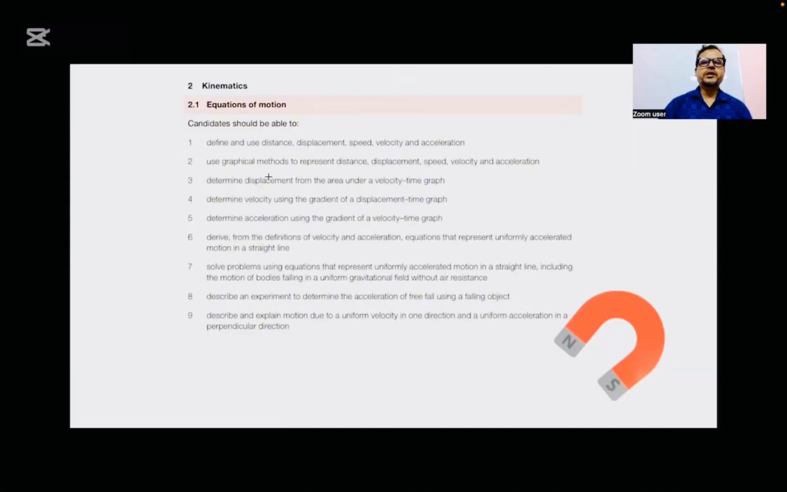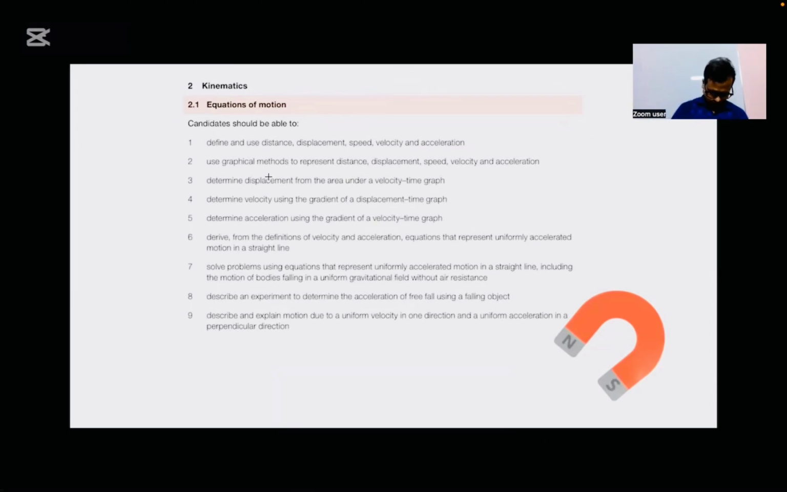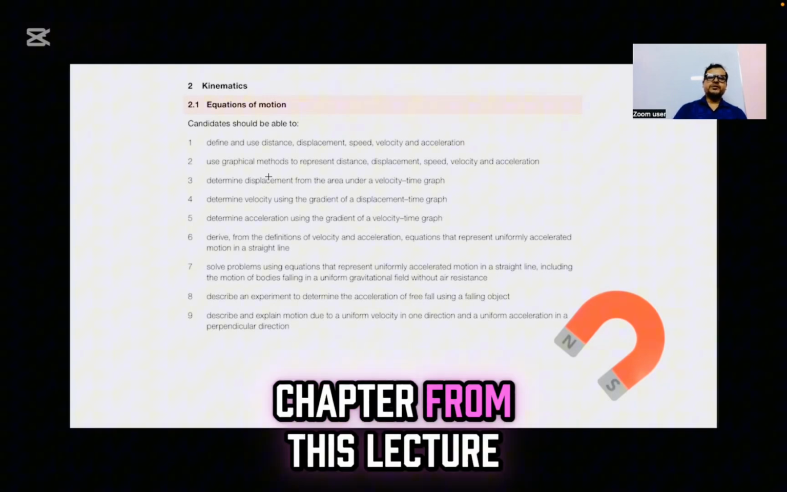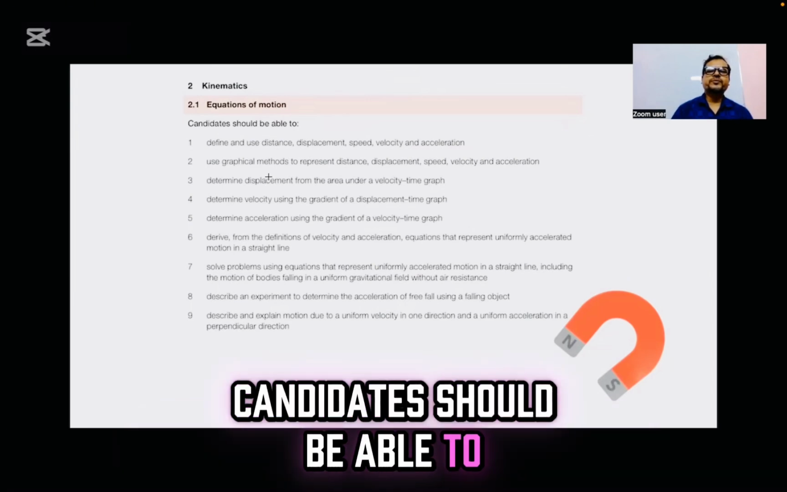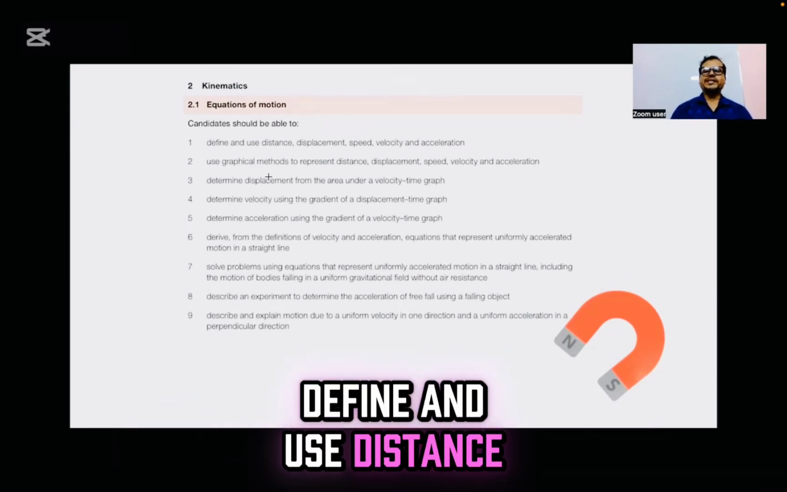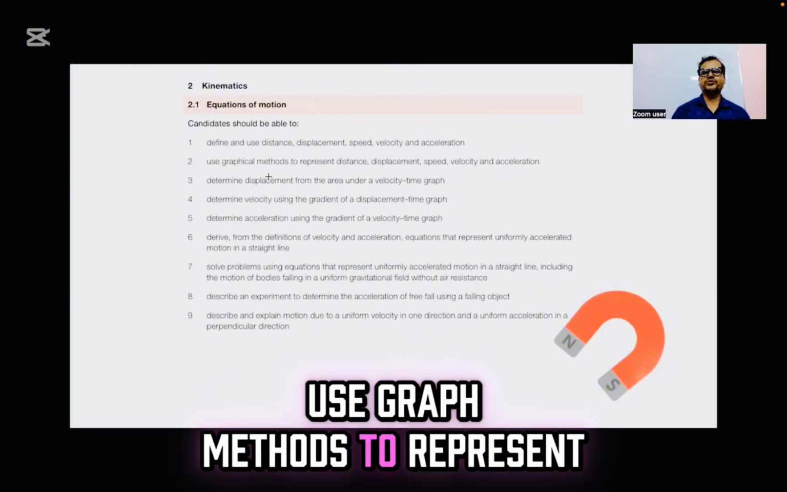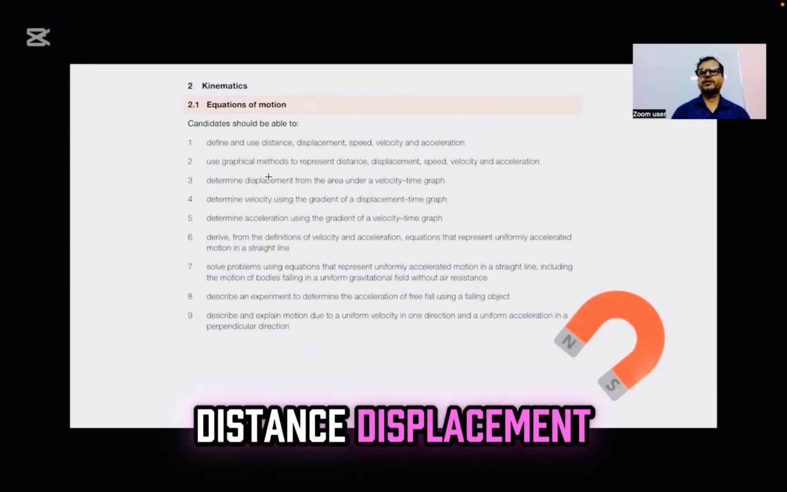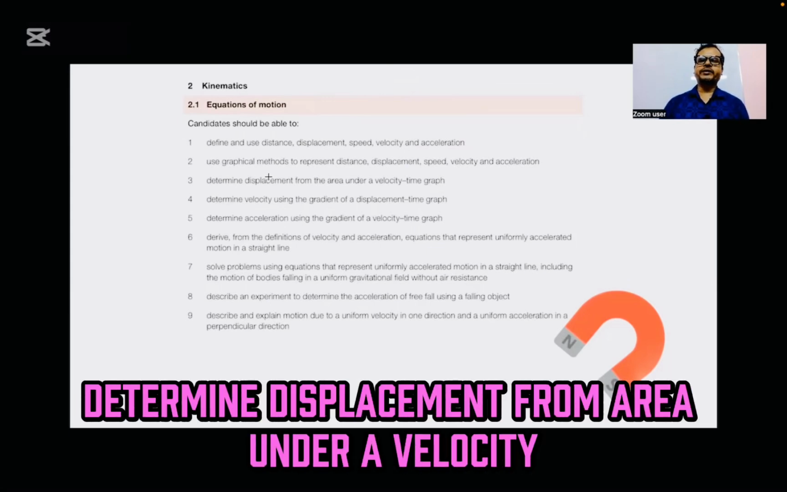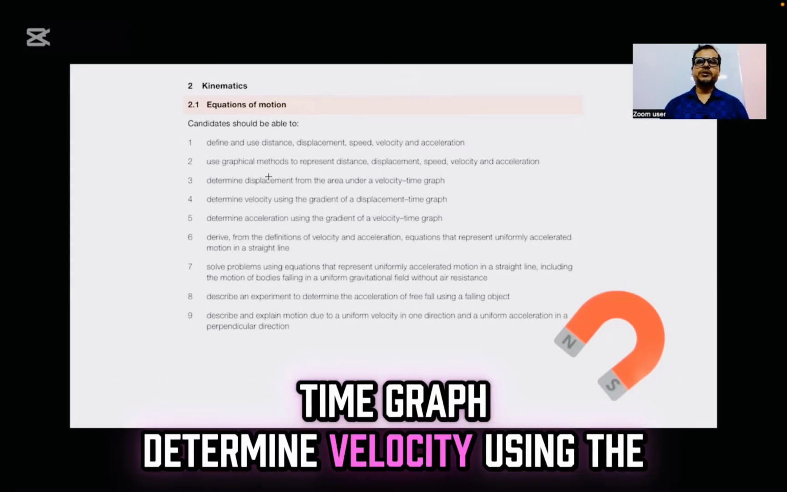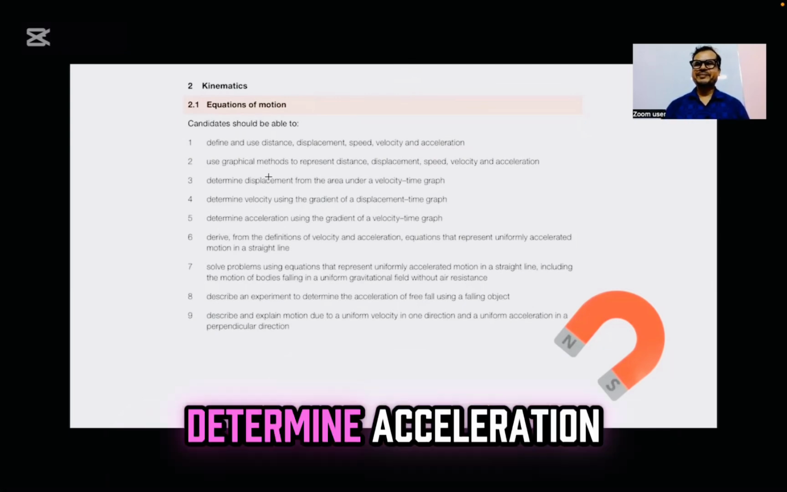Kinematics: define and use distance and displacement. From this lecture, we'll learn the kinematics equations of motion. Candidates should be able to define and use distance, displacement, speed, velocity, and acceleration; use graph methods to represent them; determine displacement from the area under a velocity-time graph; determine velocity using the gradient of a displacement-time graph; and determine acceleration